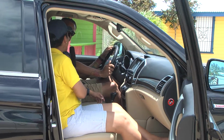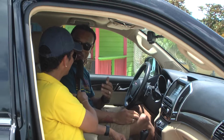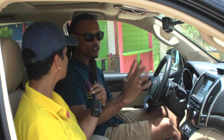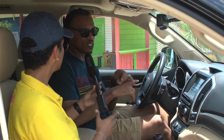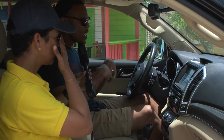Absolutely does. I was just going to tell you, if you want a massage right now, you can actually get a massage while we're doing this. Both the driver and the passenger have the massage feature. In addition to that, there are controls on your steering wheel. This allows you to get in and out of the system quickly. So if you're playing a CD, your USB, the radio, or you want to speak on your phone, you see again the